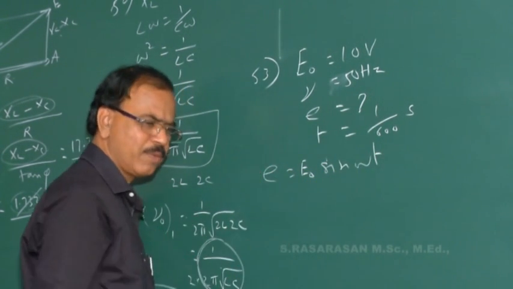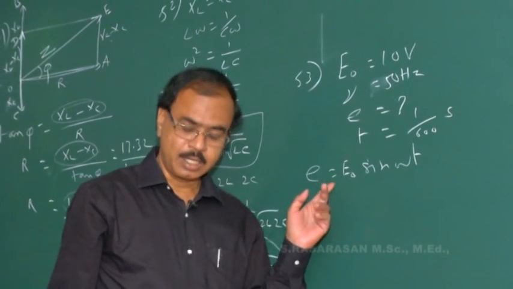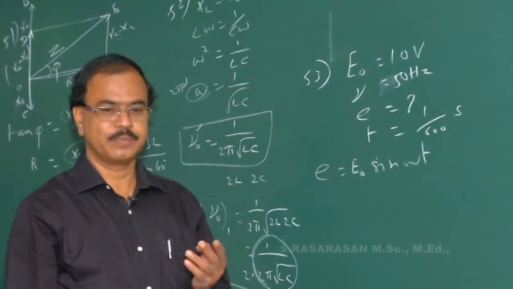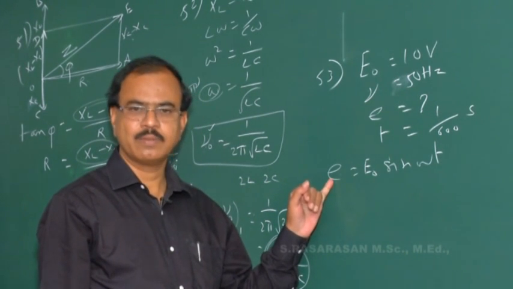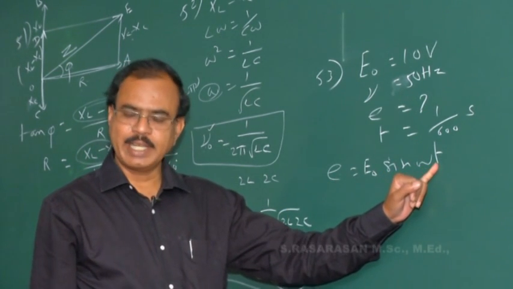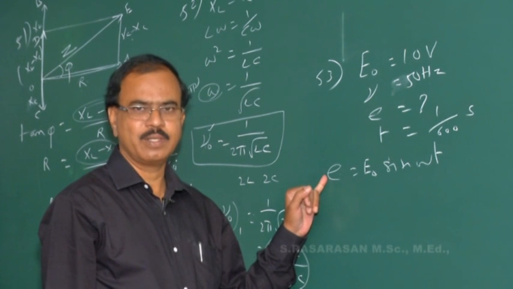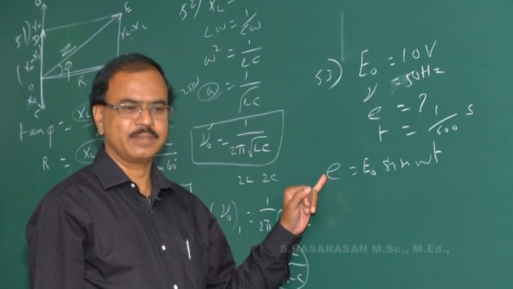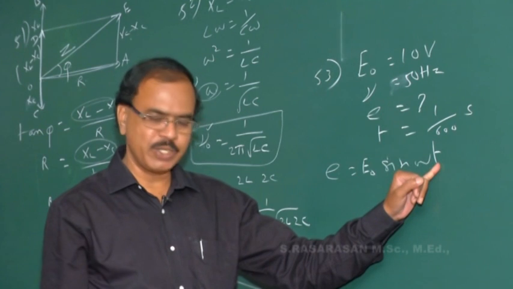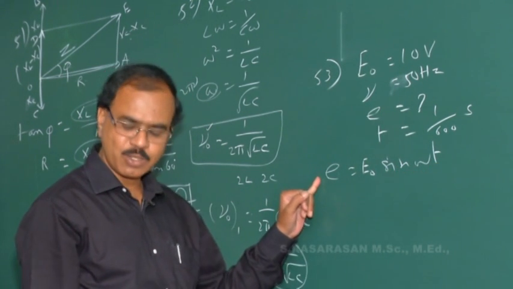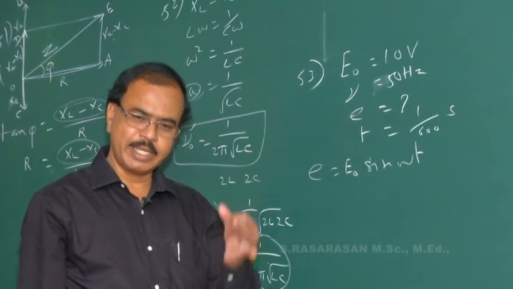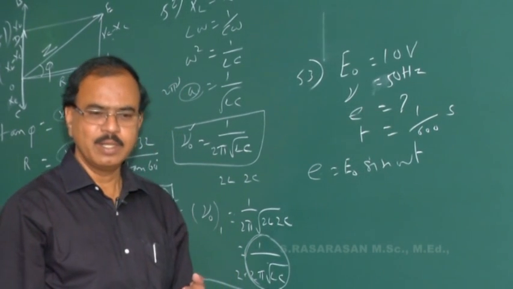This is instantaneous EMF. I think you have not forgotten. Only in alternating current circuits, only in alternating EMF, for AC alone, there are 3 EMFs. One is the instantaneous EMF, E equal to E naught sin omega t. This EMF varies from time to time. Whenever this t comes, it is an instantaneous EMF. The EMF at any instant, when time changes, the EMF also changes. That is instantaneous EMF. Another one is the peak EMF, or another name amplitude, or another name